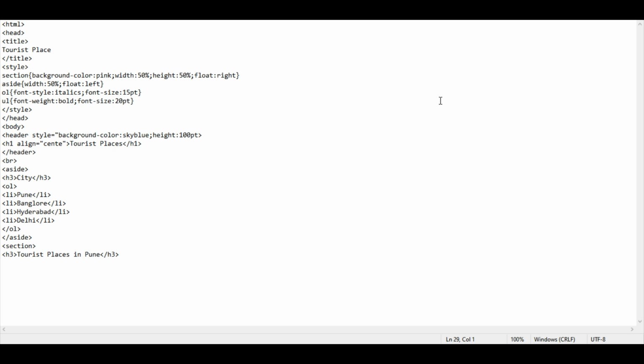So firstly we'll start out with our UL tag. Putting our first item in the list would be Shaniwar Wada. So this is our first tourist spot.